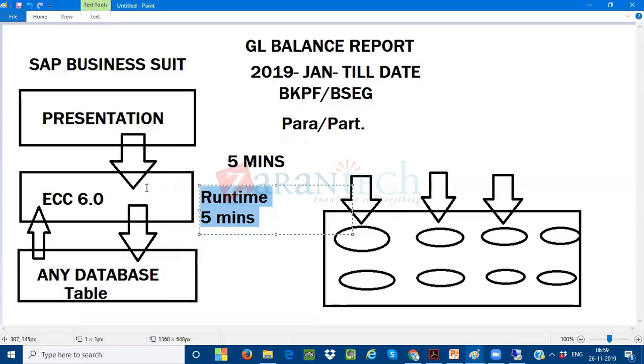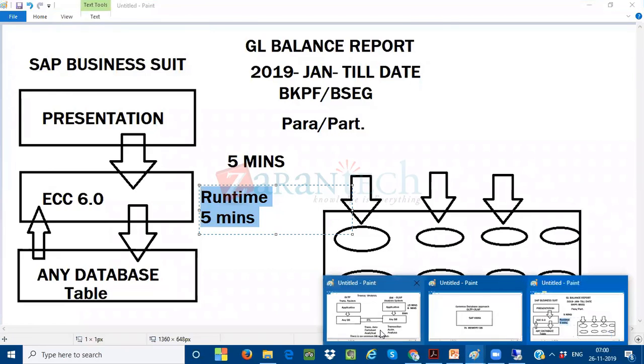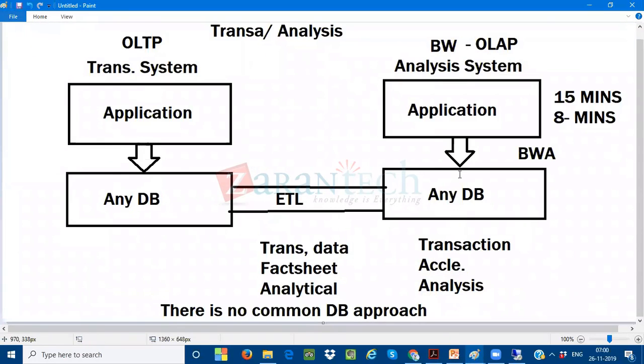Now, this is not going to be happening. So to avoid this, I can call it, as I told you, a completely post-mortem report, my dear friends. Even it is not the data which I'm expecting. It is taking more time. Why should I take a monthly report? Why should the system not give me the report in one shot? Always I need to depend on the BW system. Always I have to depend on the BW system.